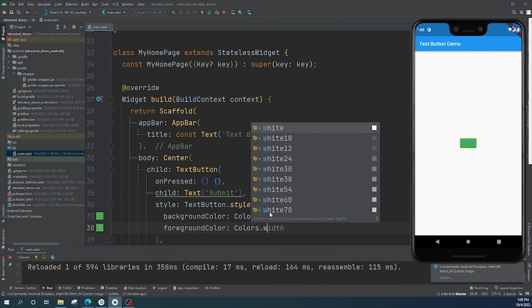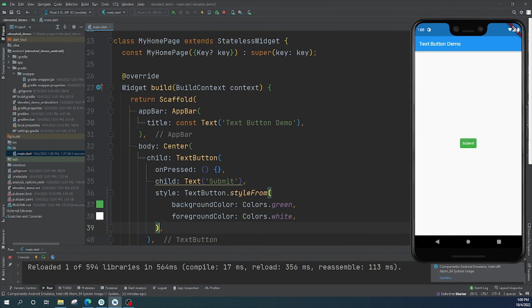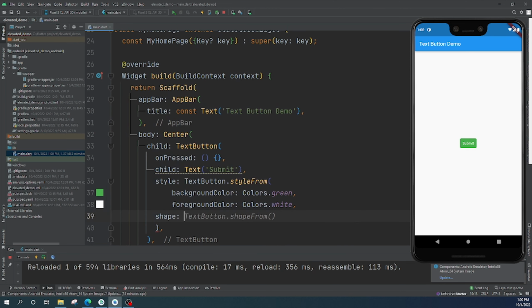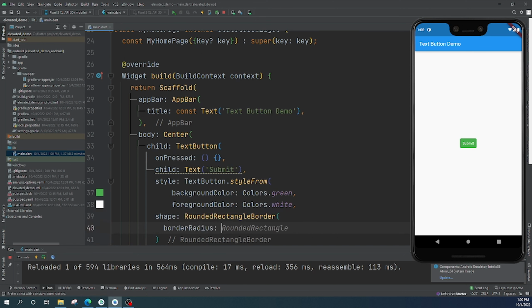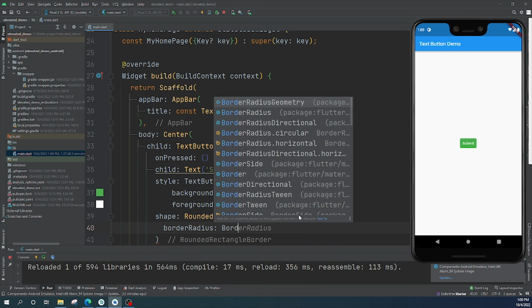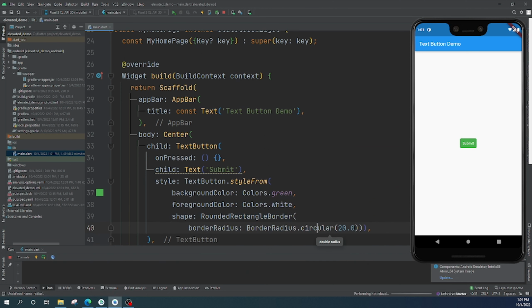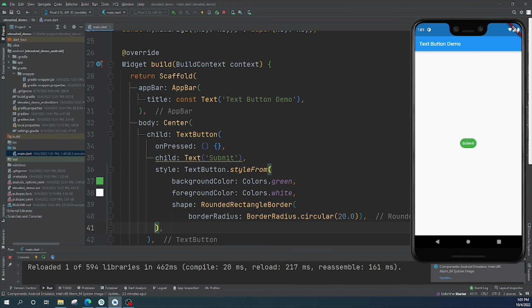like white. Okay, and we can also set the border in the same way as we do in the elevated button. So here we will set the shape property, so RoundedRectangleBorder, and we will set the borderRadius.circular like 20, and whenever we want to set the border color of the button,